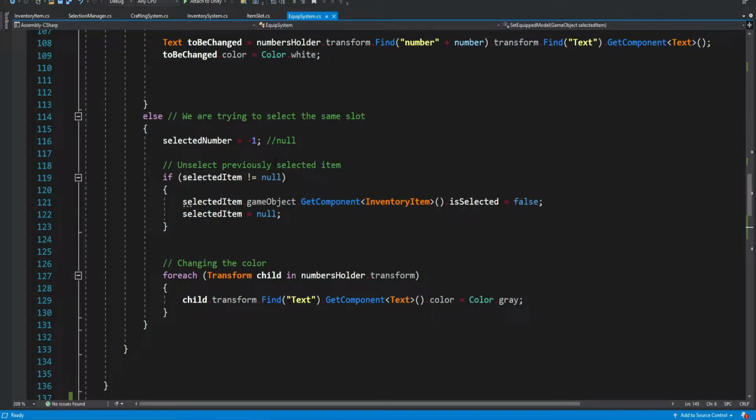And now over here, if we press on the same number again, so if we pressed on 1 and the axe model appeared in our hand, and then we press on 1 again, it should deselect the axe. So it means that we want to get rid of the axe, right? We want to put it back inside our inventory or something like that, inside our backpack, right? We just don't want to see it in our hands. So we're going to do that over here.